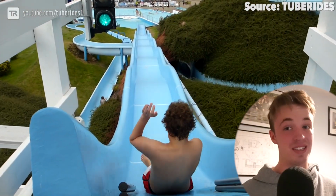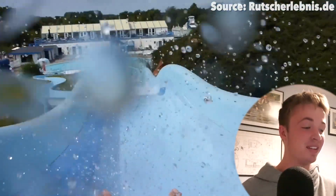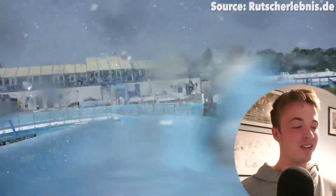Oh, I love the name of this next ride. It is called Bumping Hill, and the name kind of sells the ride itself, because on this slide right here, you will literally be going up, down, up, down, up, down, all the way till you finally splash down at the end. I mean, this has got to be the shortest ride on our list, lasting literally around 10